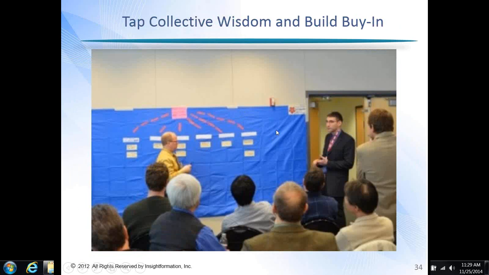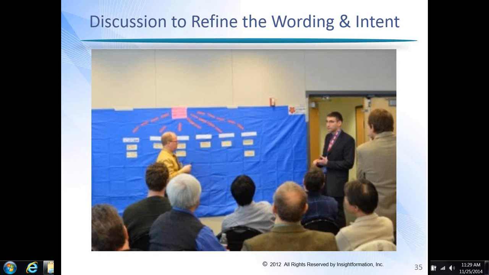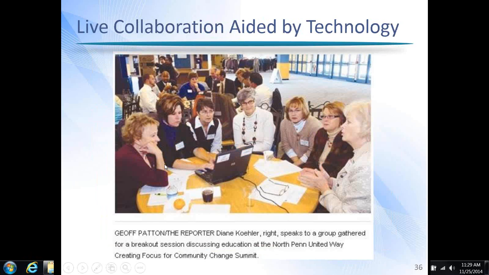Sometimes we'll use a sticky wall if we're facilitating a live group to bring a consensus. But the key is that you work so that everyone says, yeah, this is a strategy that we created as a community, and I'm working on maybe a little piece of it, but I recognize there's a bigger strategy here. And so we can then refine some of the wording. And in some cases we'll have a follow-up meeting, sometimes even on the same day, where the details of those objectives can be filled out. And that can be done if you have a person at each table with a laptop. You can actually fill that out right in an online tool, which can greatly simplify things.